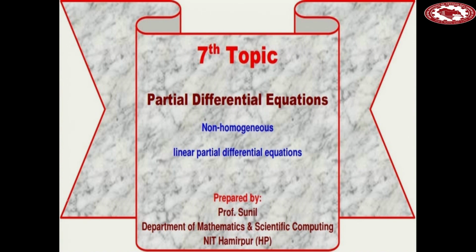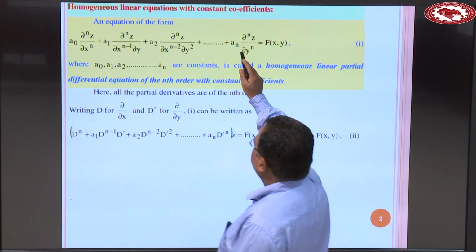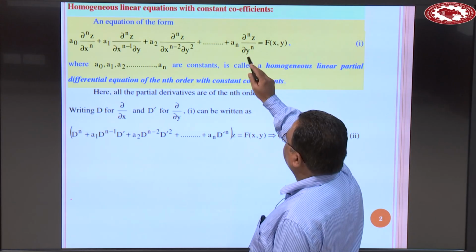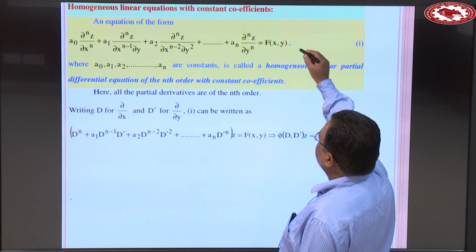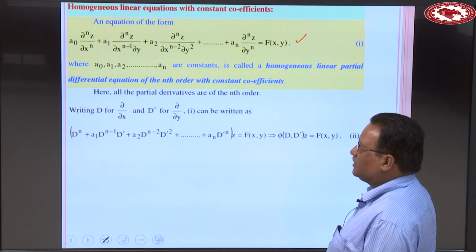So, last time we discussed homogeneous linear partial differential equations. Today we will discuss non-homogeneous linear partial differential equations. As we know, an equation of the form a0 ∂^n z/∂x^n + a1 ∂^n z/∂x^(n-1)∂y and so on, an ∂^n z/∂y^n = f(x,y), that is equation number 1, where a0, a1, a2 and so on, an